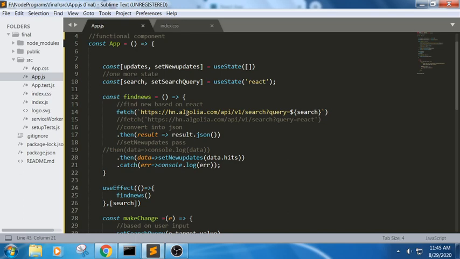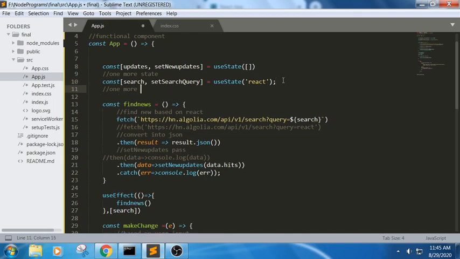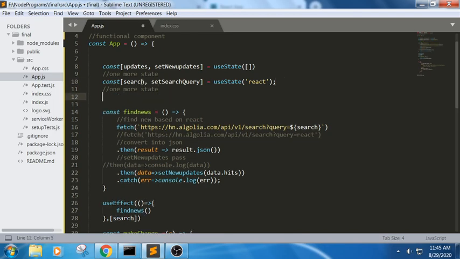We can write something called a URL part. So instead of writing the same state, what we do is create a new URL where it will have a static value as React, and based upon the button click it will try to change. So here I am trying to create one more state where it will pass these values in the API directly. Let me put this in this part.